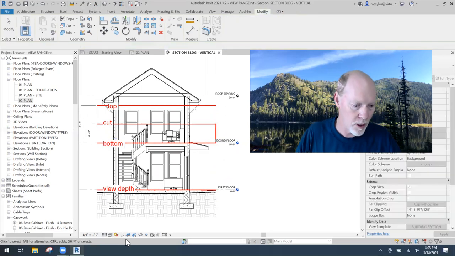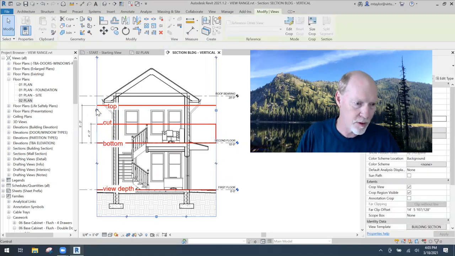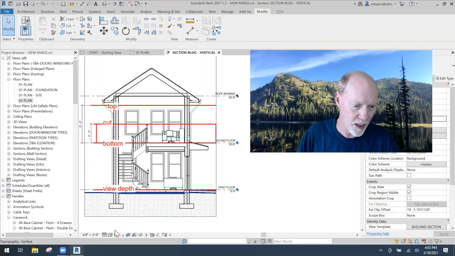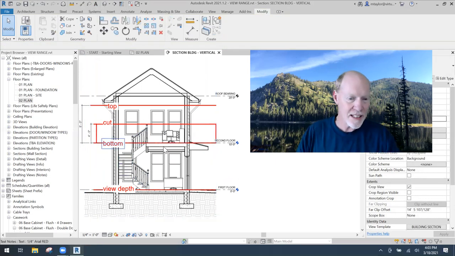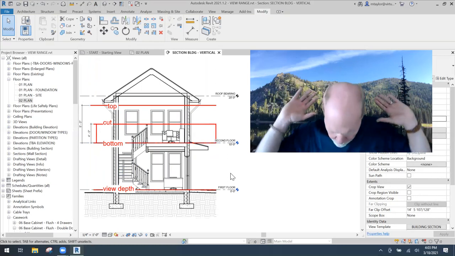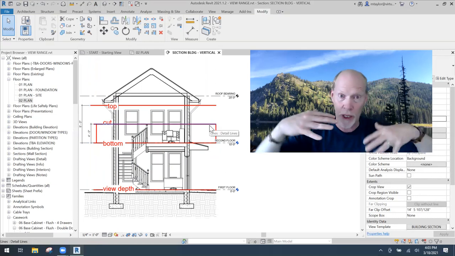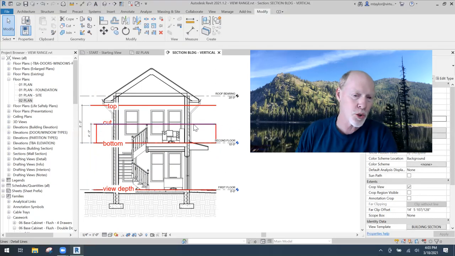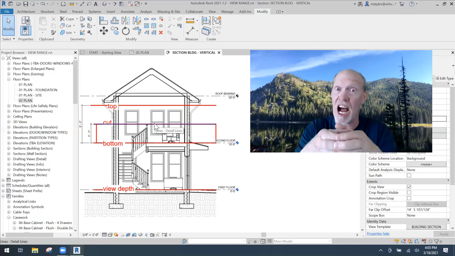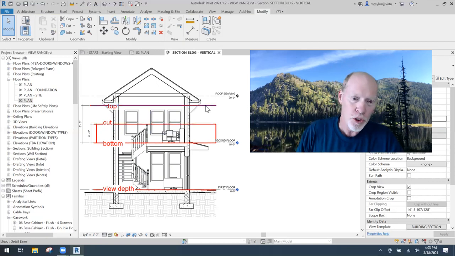Okay, I need to get this thing over so I can see my line. Inside this box is what you're focused on. The building is cut wide open at this line, and everything it passes through shows cut, like walls, windows, doors, columns, anything that passes through this line. Okay? Your eyes are here looking down, and you see everything that's cut through, and the only thing you can see is down to the bottom line,